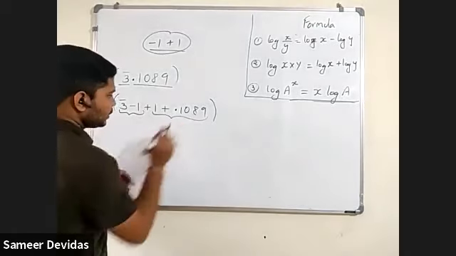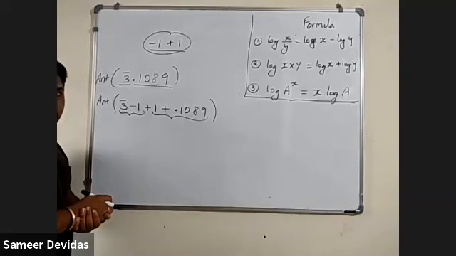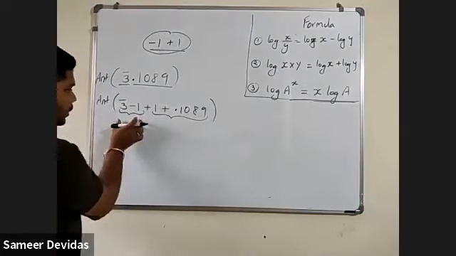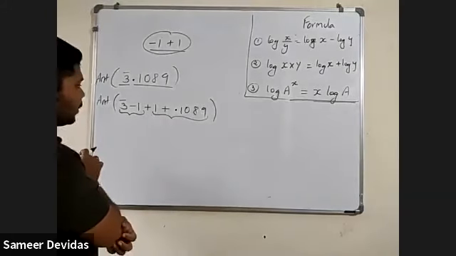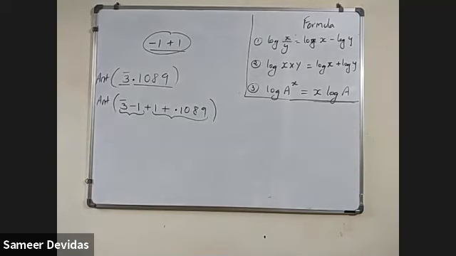Okay. Now again, this first two numbers is one part. This second two things is another part. Okay. This is one part. This is another part. Just a minute. There is a slight mistake here. Let me just identify that.